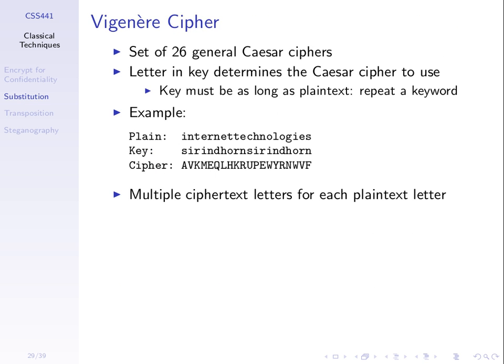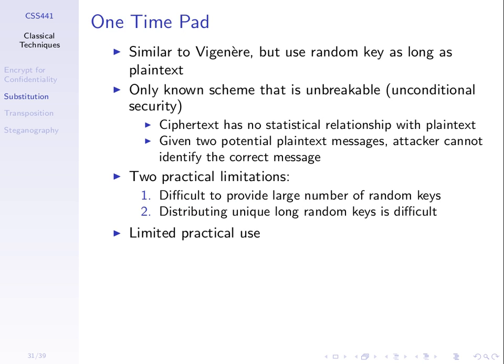One-time pad. Any questions on how to encrypt and decrypt with the one-time pad? Well, use the Vigenère cipher, but have a long random keyword. Any questions on the Vigenère cipher? Well, use the Caesar cipher, but change the key for each letter. And the Caesar cipher is very easy, I think.